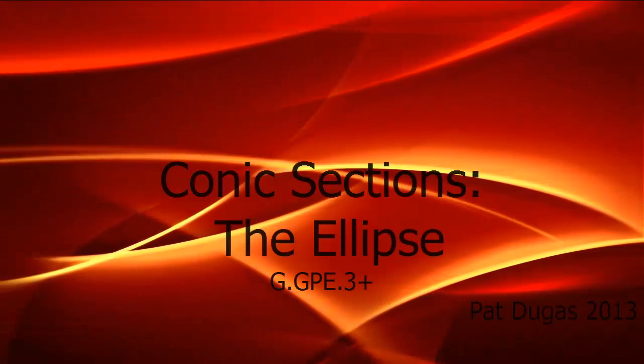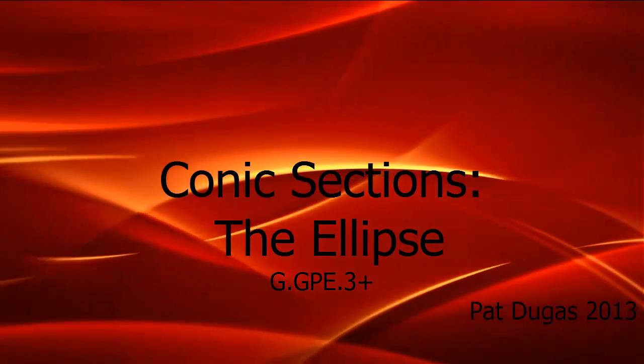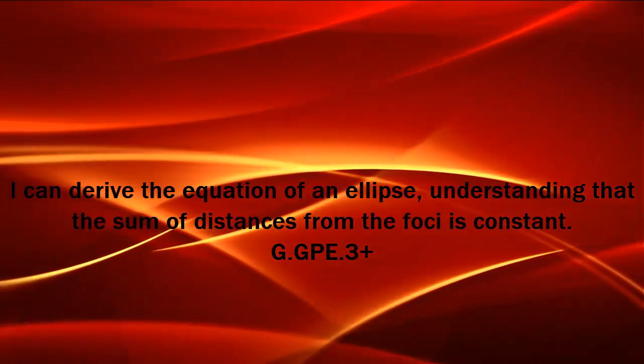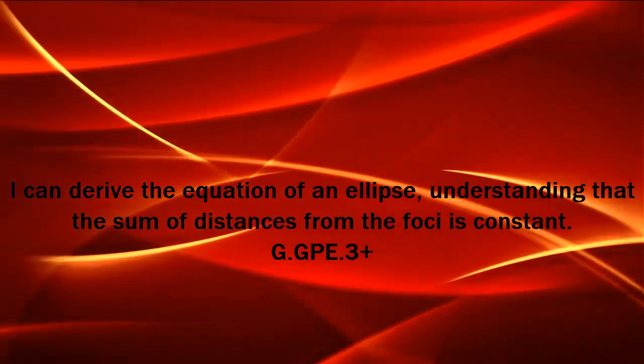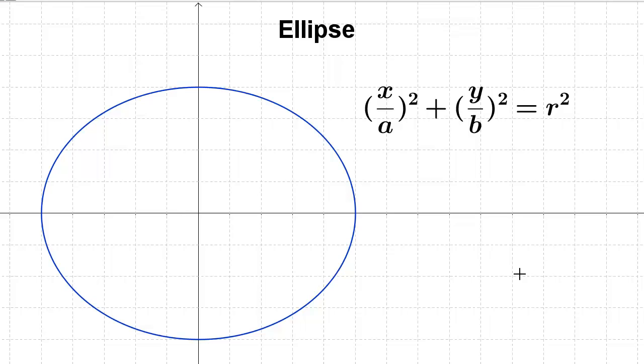The ellipse is our next conic section. You're going to be able to derive its equation given the foci and using the information that the sum of the distances from the foci is constant in an ellipse. The general equation for an ellipse is very similar to that of a circle, and in fact a circle,